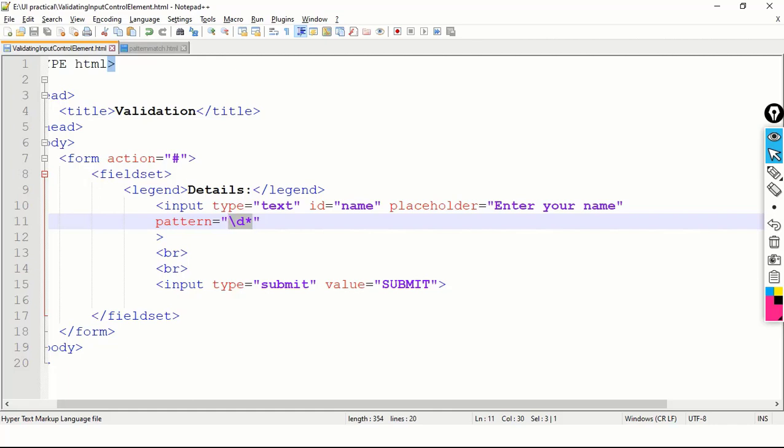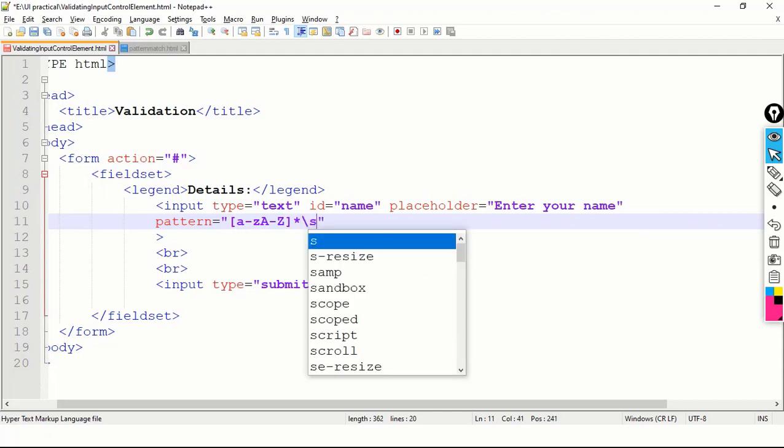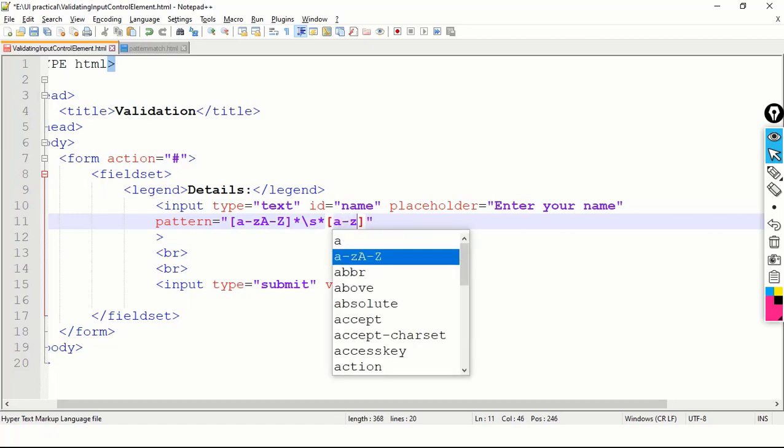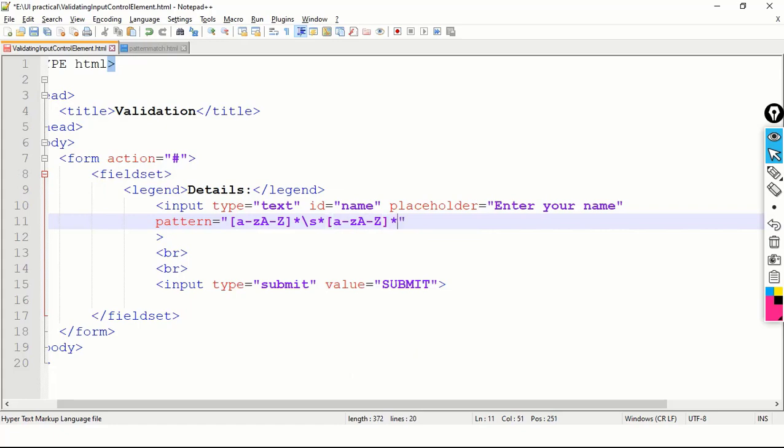Now, as our input type is text for name, here I will have to make use of small a to z, capital A to Z, star, then backslash, then star, then small a to z, then capital A to Z, then star.